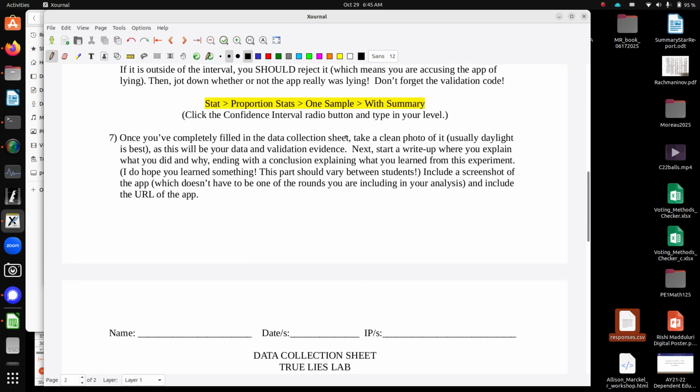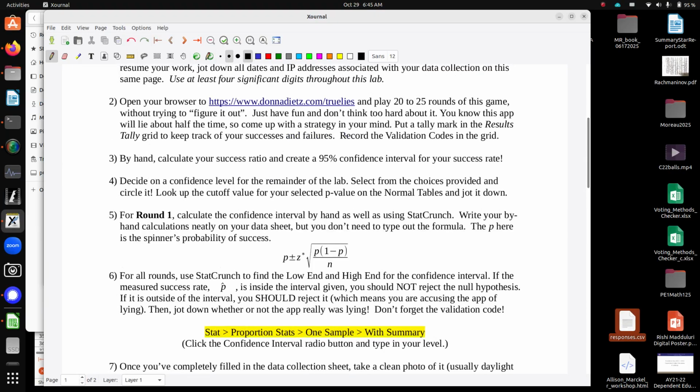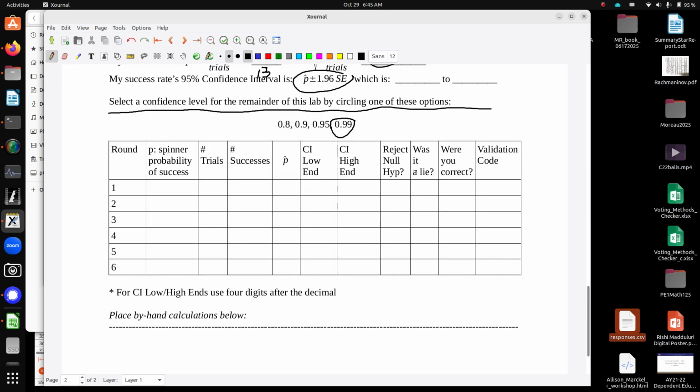Okay, so if you look up above, what we've done so far is just walked through how you're going to do the first 3 steps. Okay, when you're done with all your data collection, don't start writing the lab till you've done all your data collection. And if you need to break this down, which I'm actually not, you can put that down here if you like, but I don't really expect you to show your work for that one unless you really want to. This one is the one I'm expecting to see the handwork for, so the work for that is going to go down there. But you're going to also do it on StatCrunch,